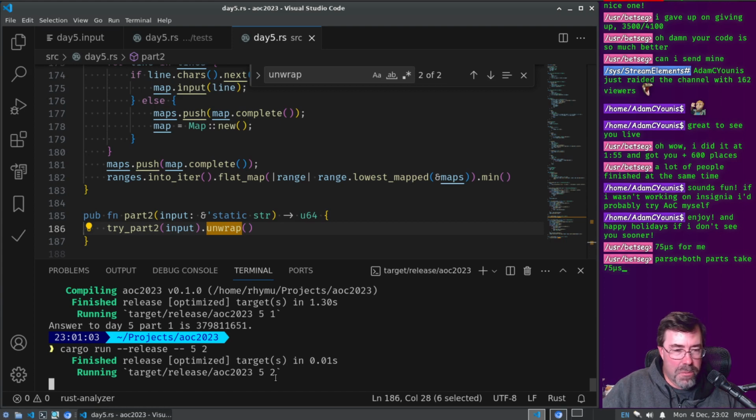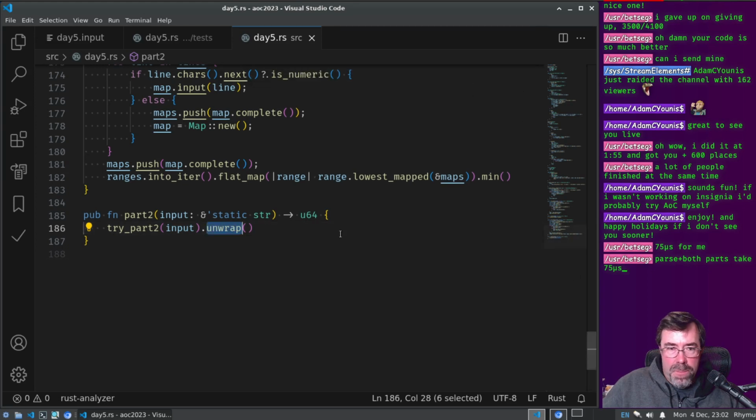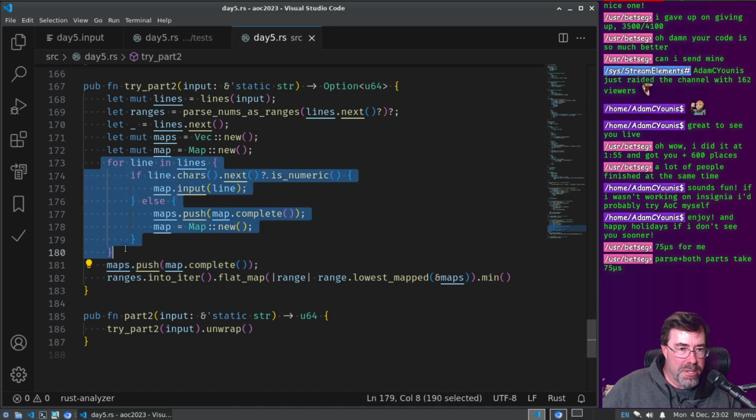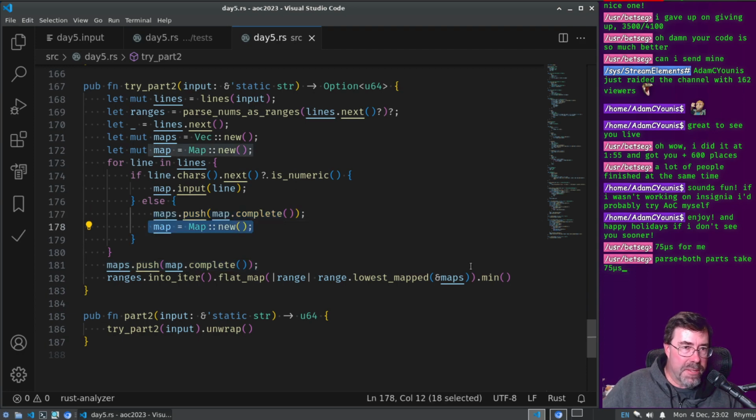Well, I would have gotten it faster if I hadn't been stuck for the longest time missing this line of code. Retrospectively, it's obvious to me because it's this pattern where you're parsing, and if you get some numbers, you want to add some more input. But if you don't see numbers, then you're done with one map, and you want to go on to the next map, right? Well, what happens at the end of the file?